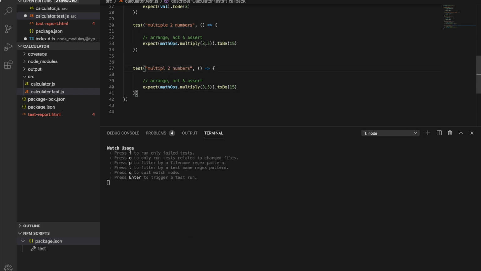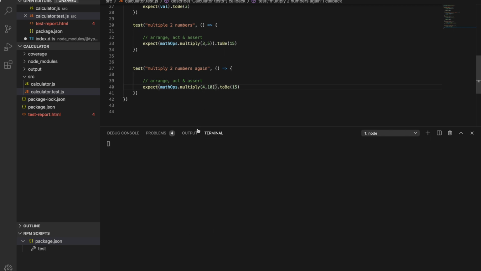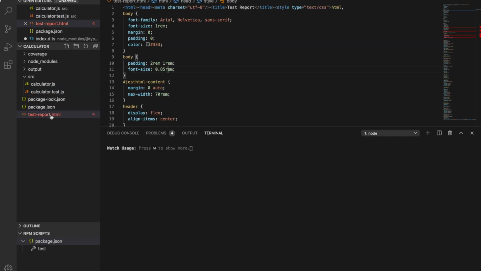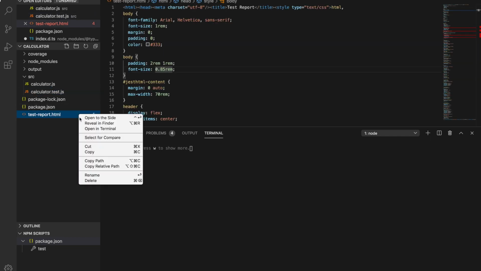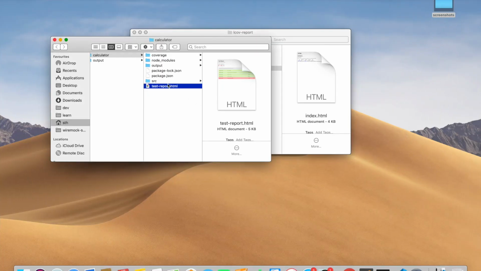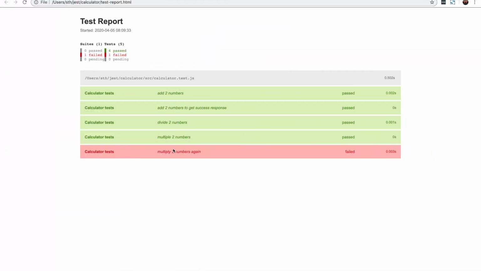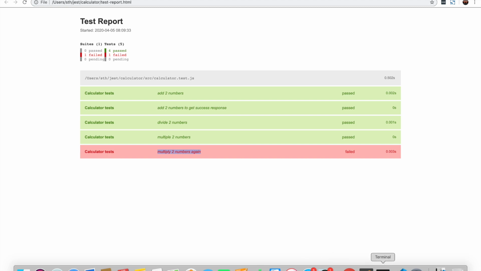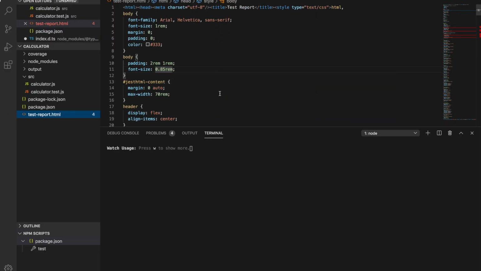Multiply two numbers again, and I'll say let's do 4 and 10, and let's make it fail. Let's open this report again, and you can see that now it is showing that this has failed. So every time you add or run tests, these reports will keep getting generated.